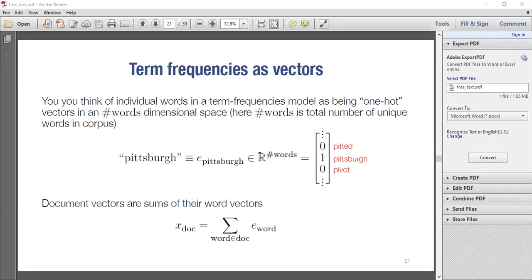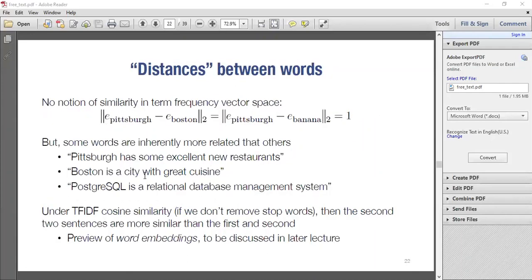But really, if you're looking at the documents, let me find the example. Okay, this example. If you look at these 3 documents: Pittsburgh has some excellent new restaurants. Boston is a city with great cuisine. Then Postgre is a relational database management system.